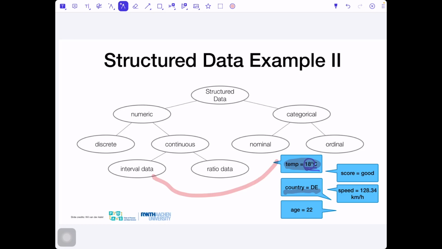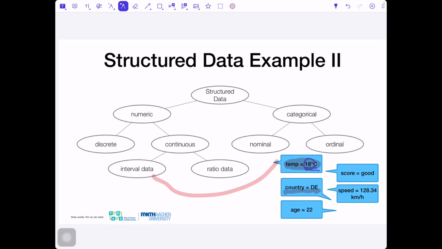And I think in Fahrenheit the temperature is ratio data, because you have a logical zero, or I don't know where this zero is. I don't know if it's important because we are talking about the universal unit system. Fahrenheit is not included in it, of course, but the United States use it.